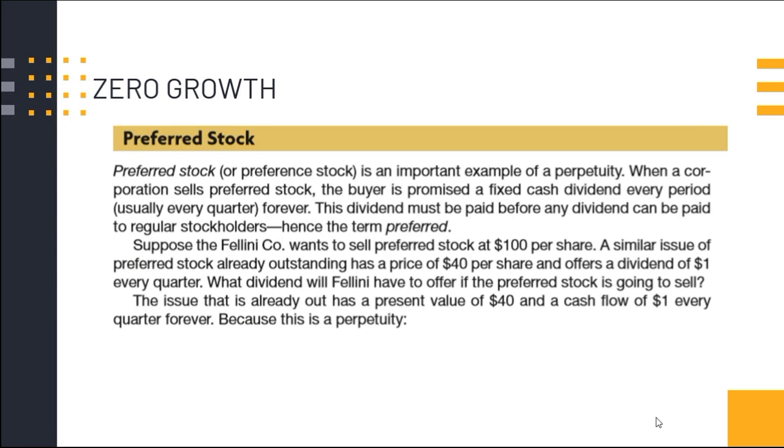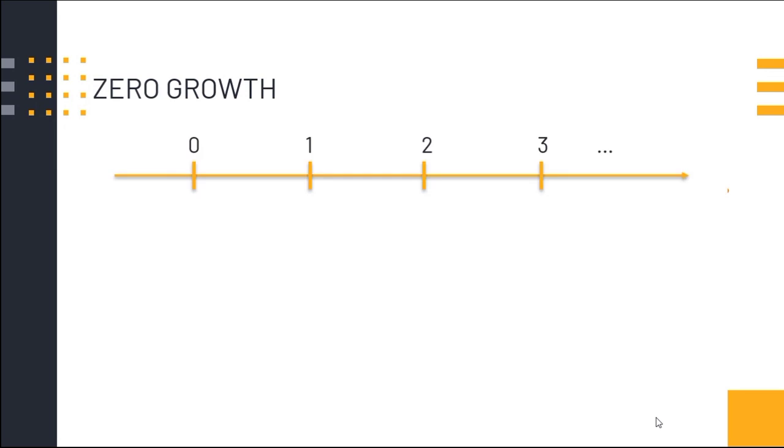Let's start with the first case, which is a constant dividend or zero growth dividend. This first case is much like a share of preferred stock. In chapter 6, which is the discounted cash flow valuation, example 6.7 discussed that the dividend on a share of preferred stock has zero growth, so it is constant through time. With regard to a share of common stock, this implies that you will receive the same dividends each year. So let's say you have a $5 dividend per share.